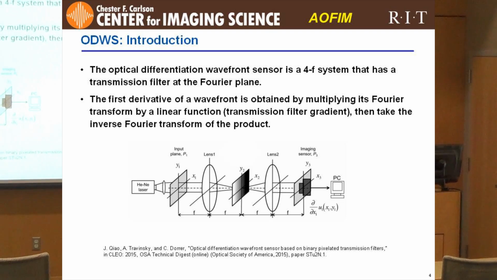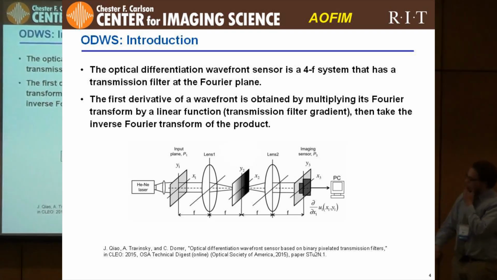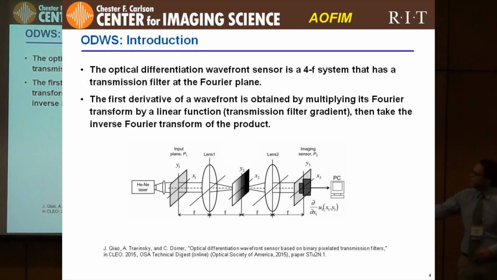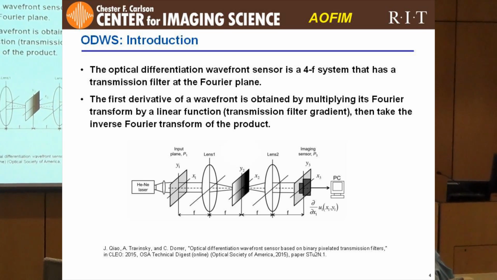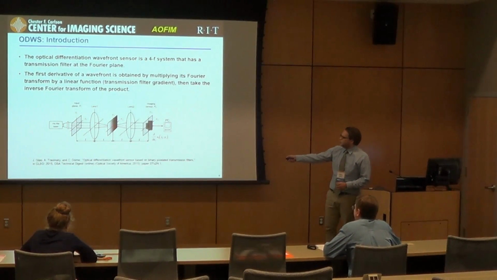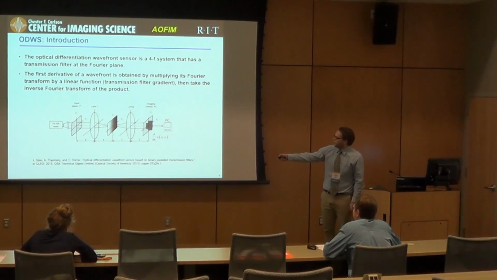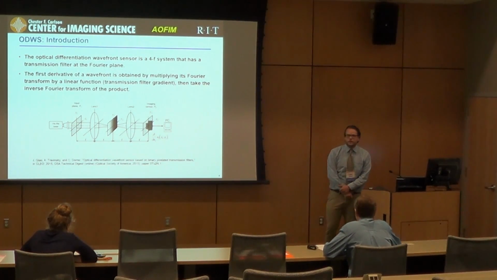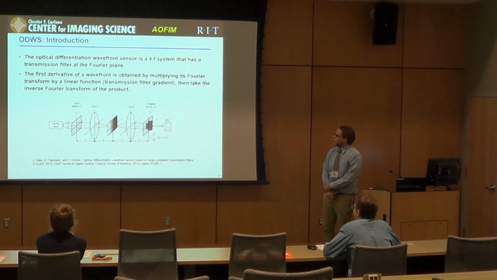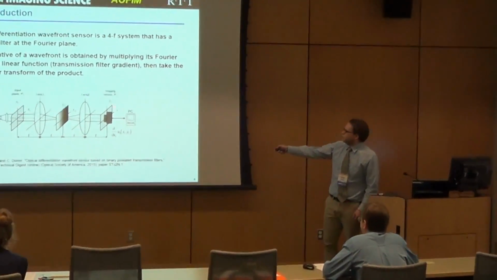So the optical differentiation wavefront sensor, shown down here, it's a 4F system. It has a transmission filter right there. It's basically like a telescopic setup, only there's no magnification. You're only interested in this field right here. So you start out with a light source. We use a HeNe laser in the lab. Here's the input plane, so that's whatever object. Usually we're using a lens that you want to measure the wavefront shape of. It goes through the system. You have a transmission gradient filter right there, and then propagates out to the imaging sensor